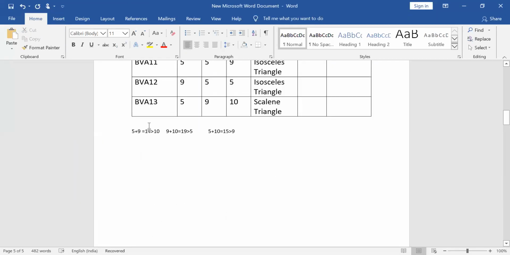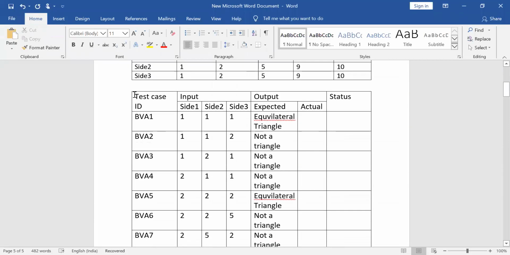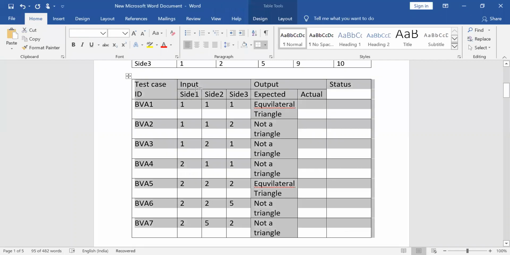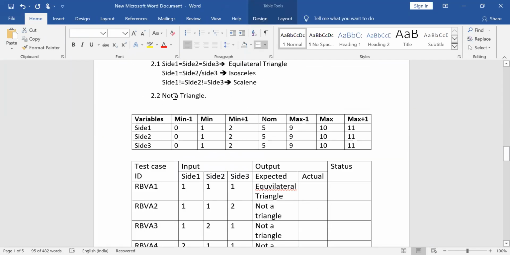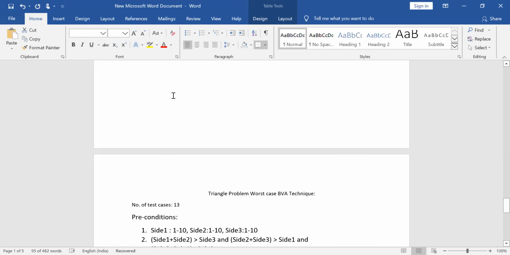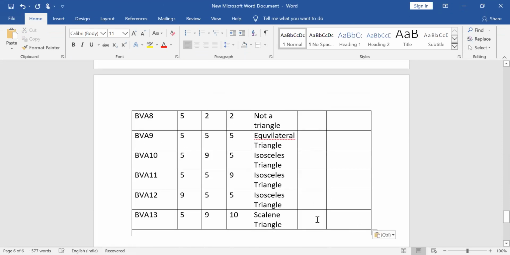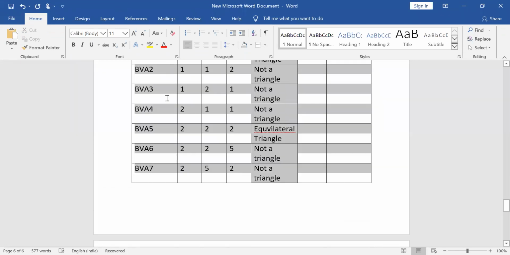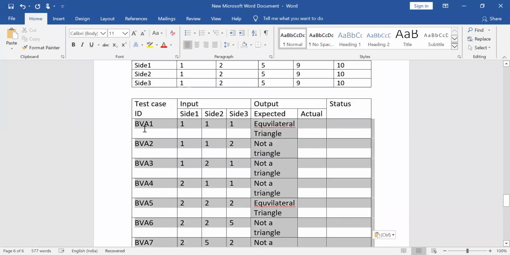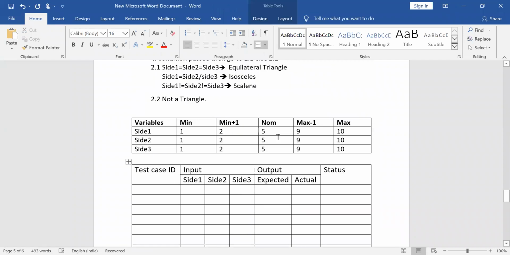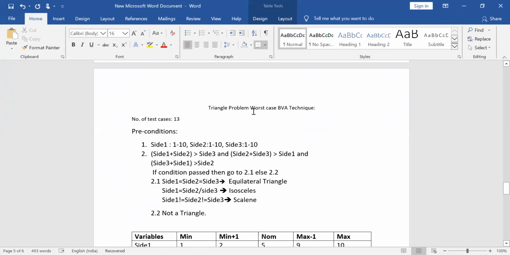The next table I also require, but not with the same values. For the template, I'll eliminate all the values present inside it. This is my template for your worst case boundary value analysis.